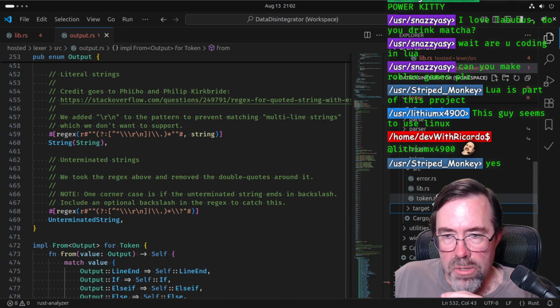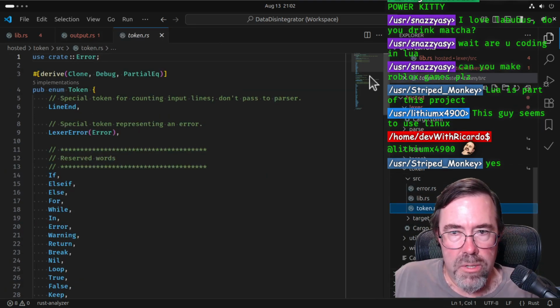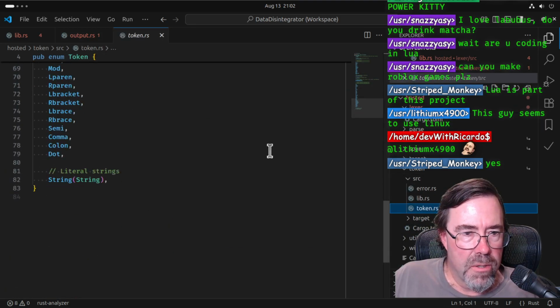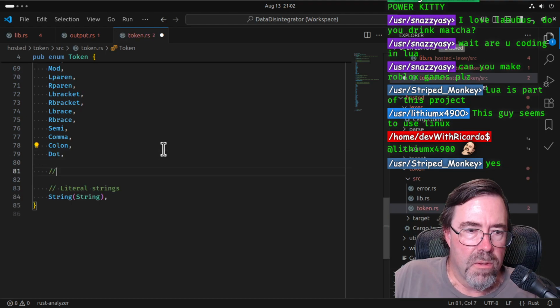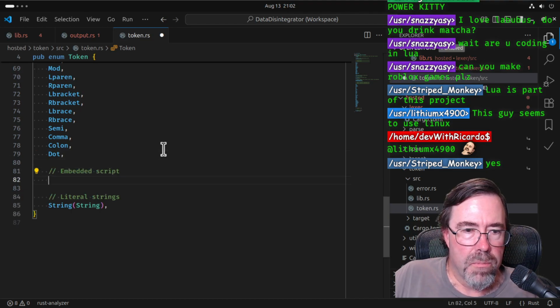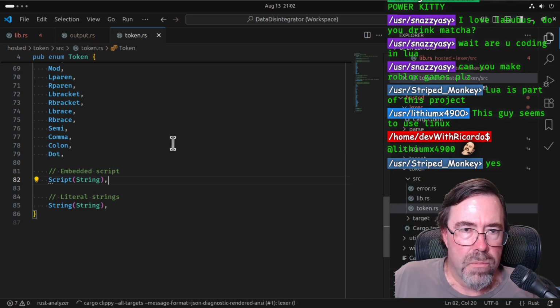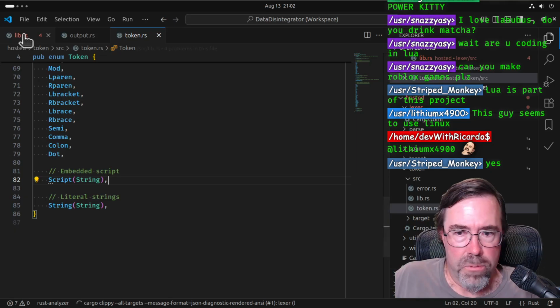Clean that up later. But anyway, token should be here. I just need to add it. Embedded script. So this should teach the lexer how to turn it into a big token. We don't have a grammar rule for it though, so